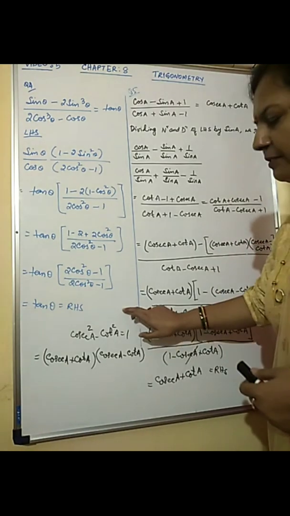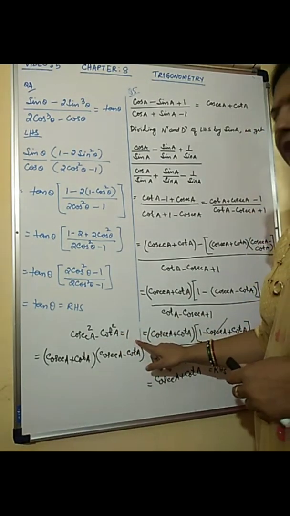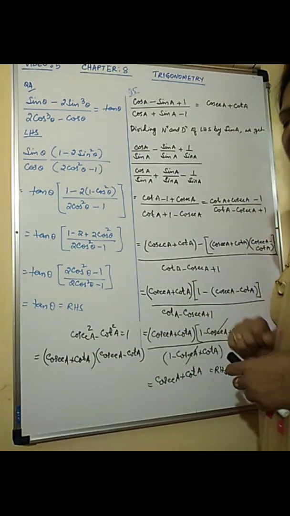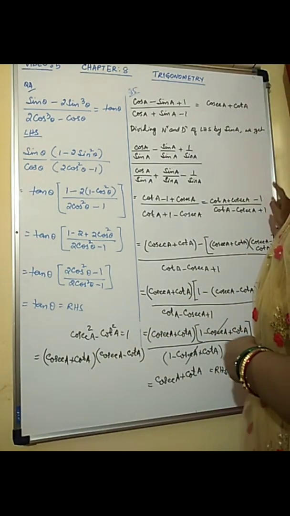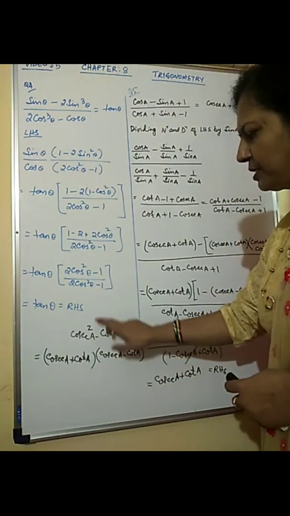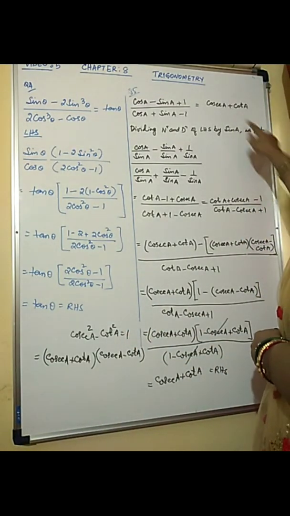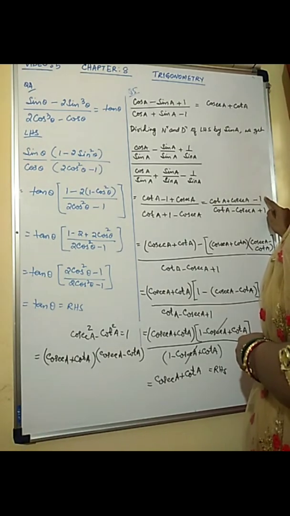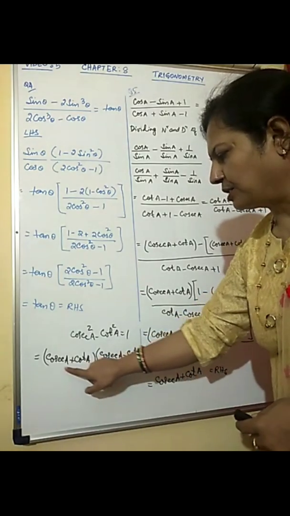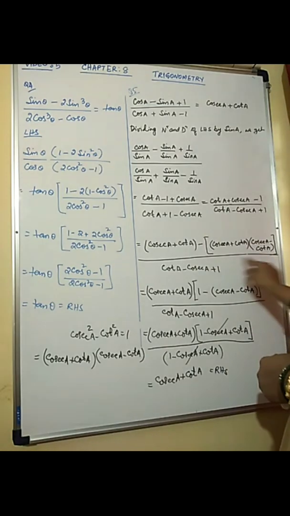Now we know from our identities learned that cosec square A minus cot square A is equal to 1. So this 1 in the numerator we can always convert in terms of cosec and cot as well. So now if I write this 1 in terms of cosec and cot, it is cosec square A minus cot square A. This 1 of the numerator is replaced in terms of cot and cosec as cosec A plus cot A into cosec A minus cot A. I have just factorized it and written over here.